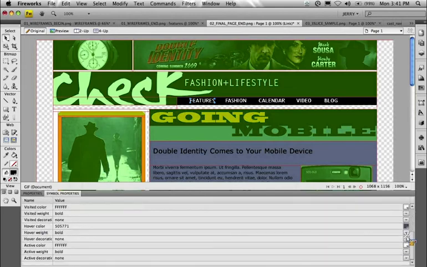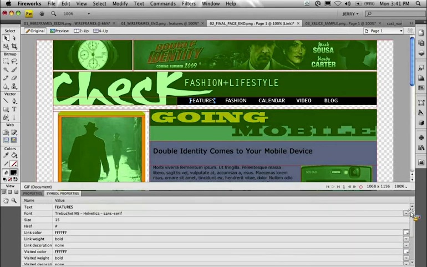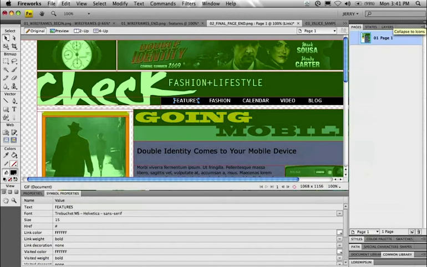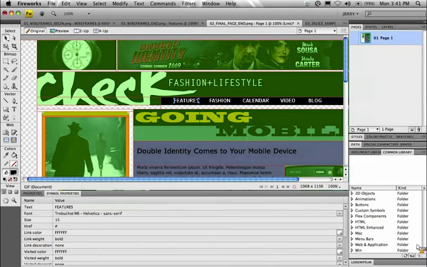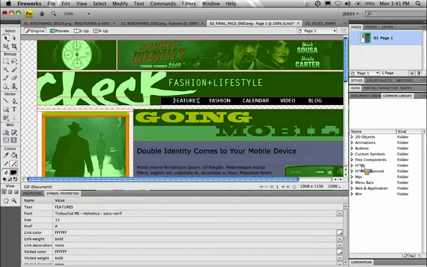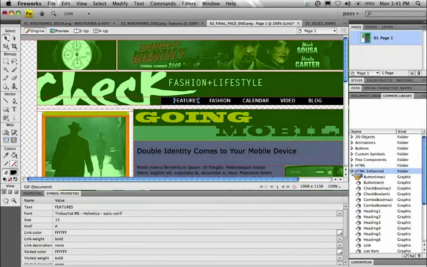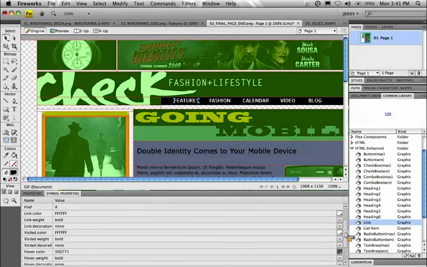And we can add these HTML component symbols from within Fireworks' common library, right? I'm just going to zoom it up here. And notice that there's HTML and HTML enhanced, right? So within a link, you can just drag a link onto your comp, and then you have the customizability of all of these different